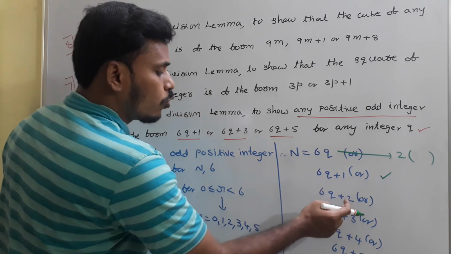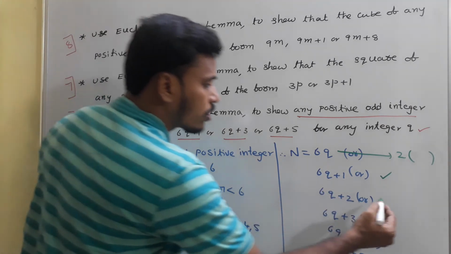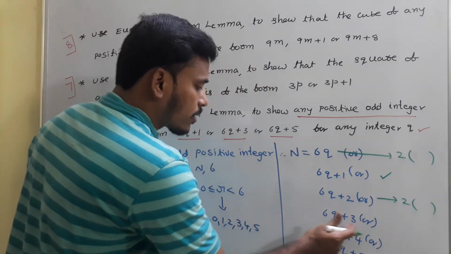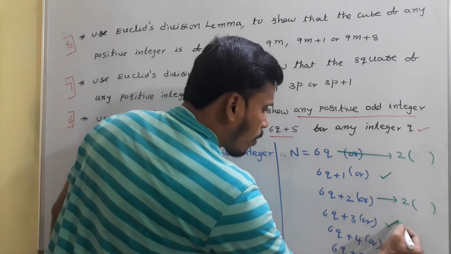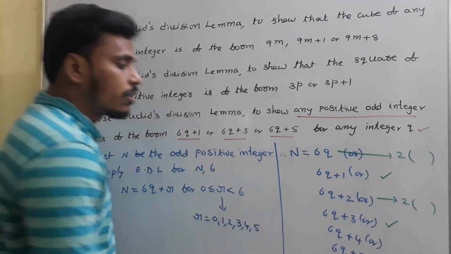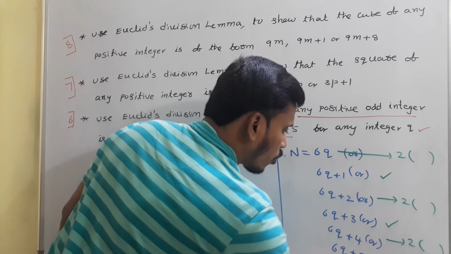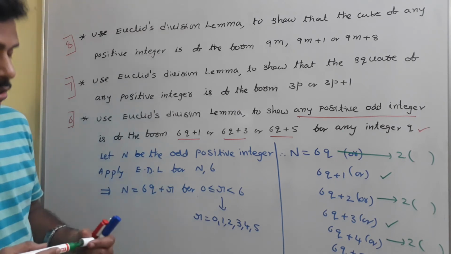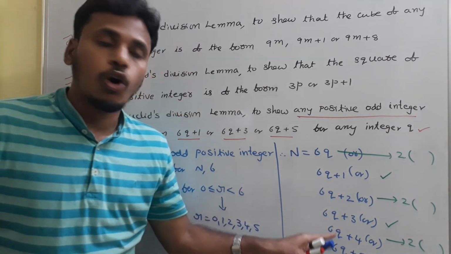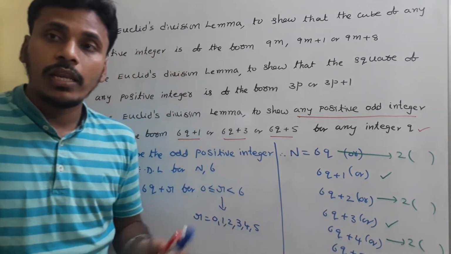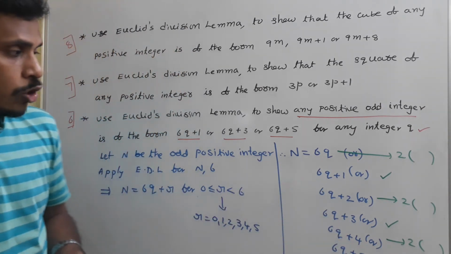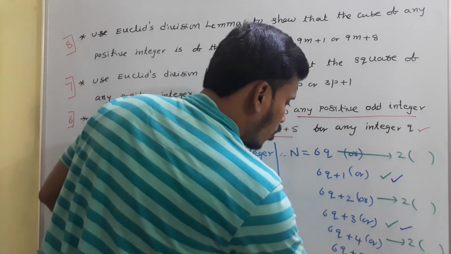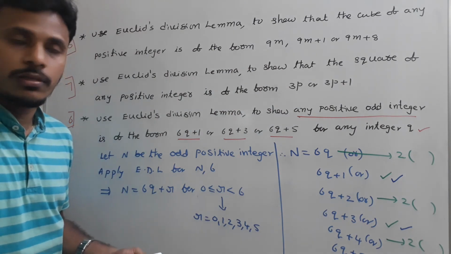Whereas 6q plus 2, here 2 is there, in 6q also 2 is there. So again we have a chance to write it like 2 into something. And 6q plus 3, no way to pick out 2 as a common number. So this is an odd number. 6q plus 4, we have a chance to common out 2, and there is no chance to common out 2 from 6q plus 5. At the end, if you look, these 3 numbers are multiples of 2, so they are even numbers, and the remaining 3 numbers, what are those? 6q plus 1, 6q plus 3, 6q plus 5 are odd numbers.